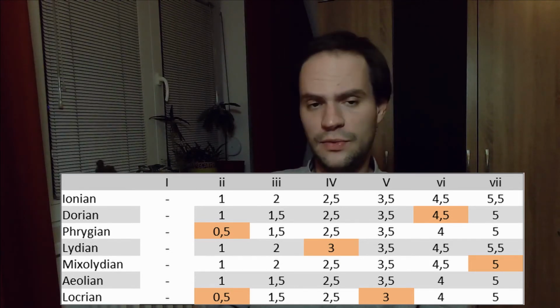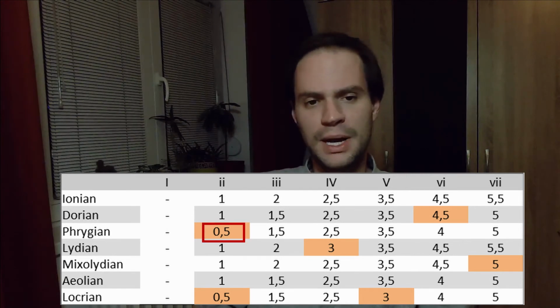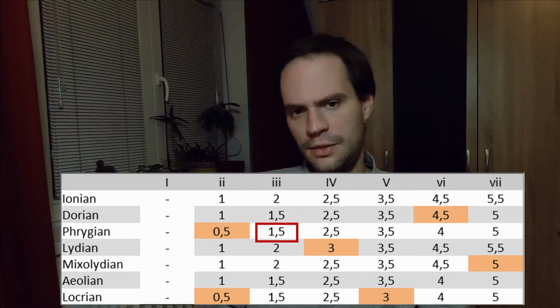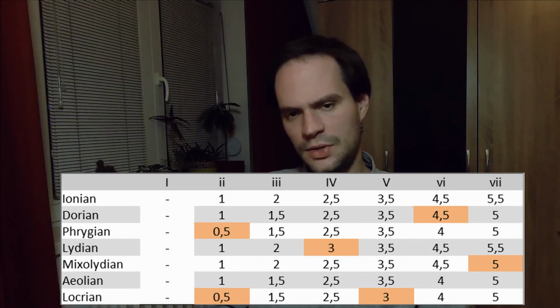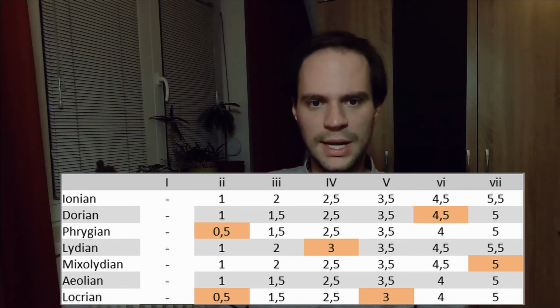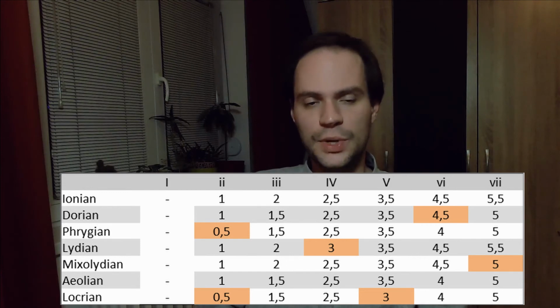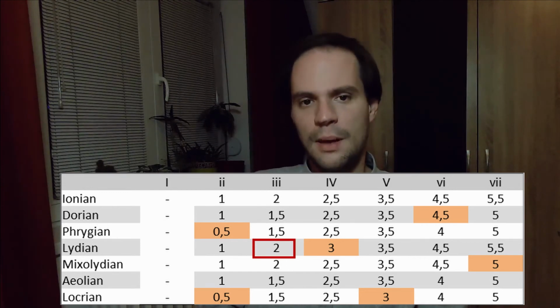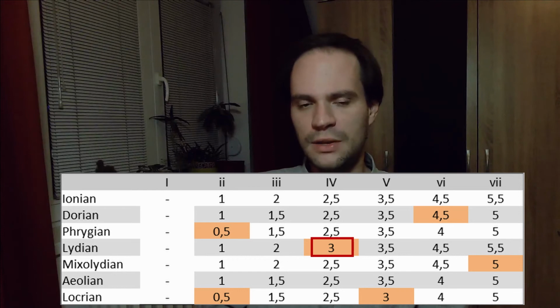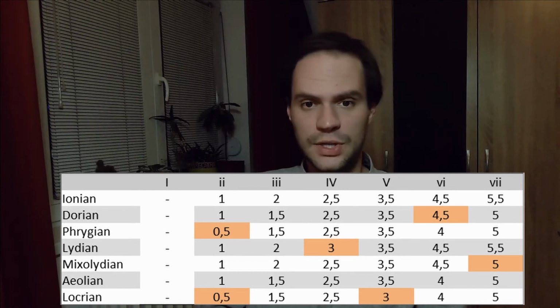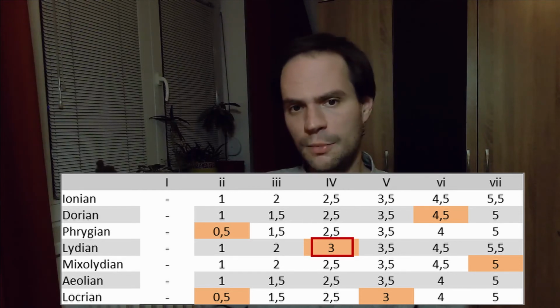Now let's continue with the Phrygian mode. It has a minor second and a minor third, and the rest of the scale is actually the same as the natural minor scale. If we look at the Lydian scale, we see that we have a major third, but we also have an augmented fourth. The rest of the scale is exactly the same, so actually only the augmented fourth is what sets it apart